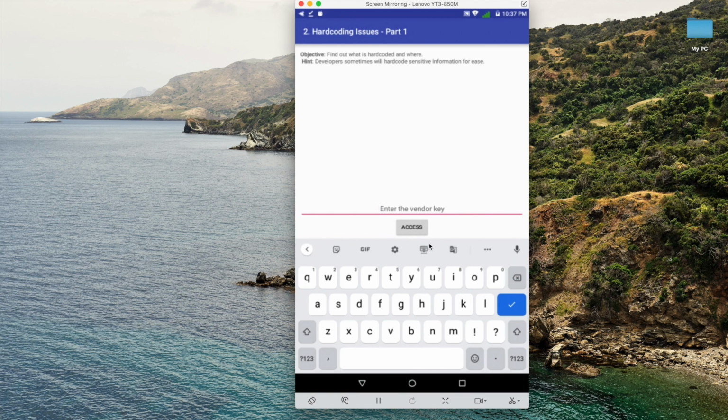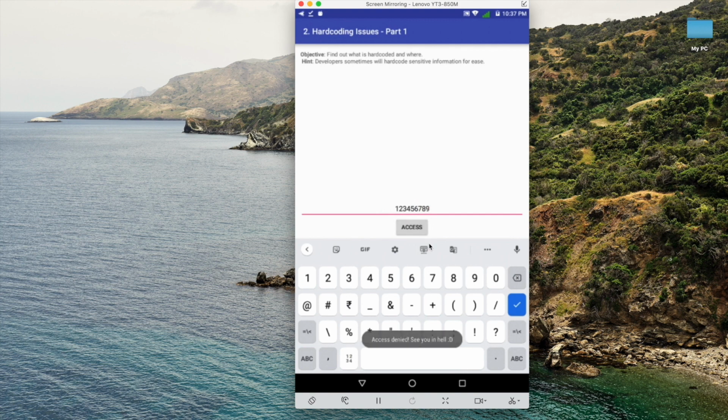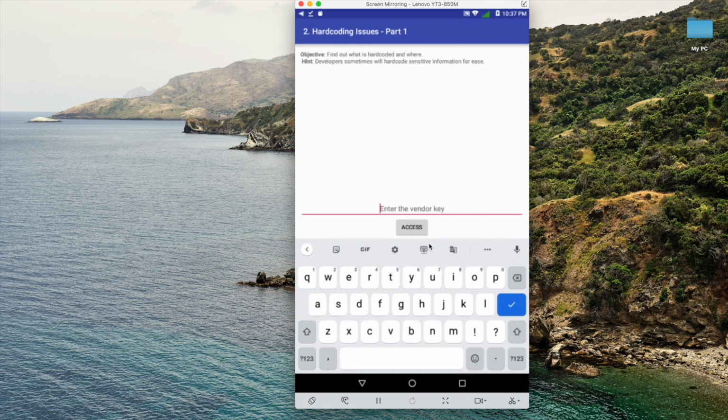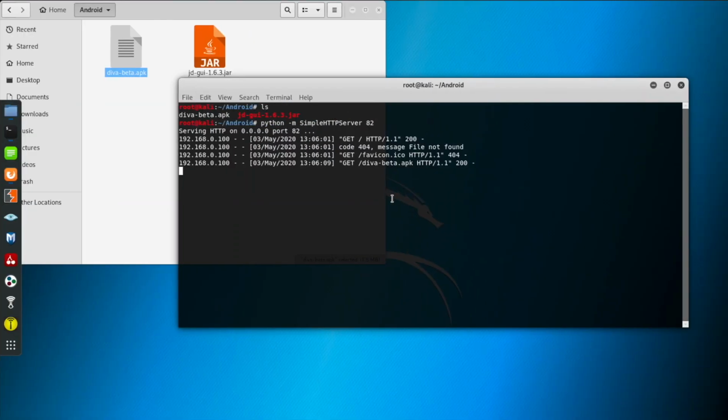And if I try 123456789 and click on access, it will show access denied.